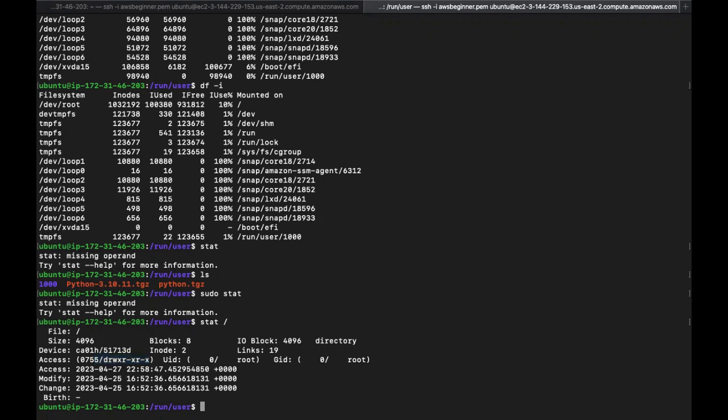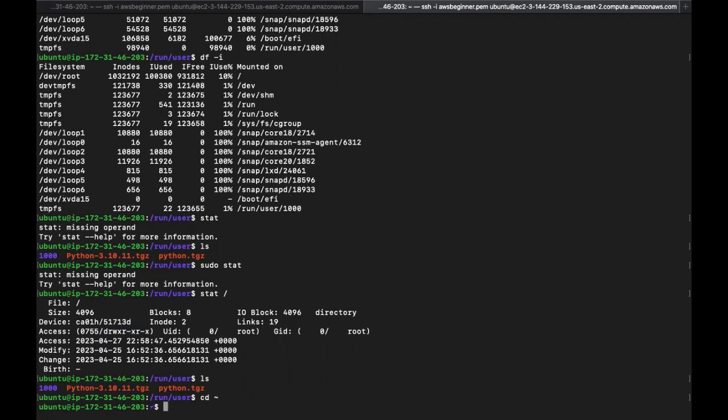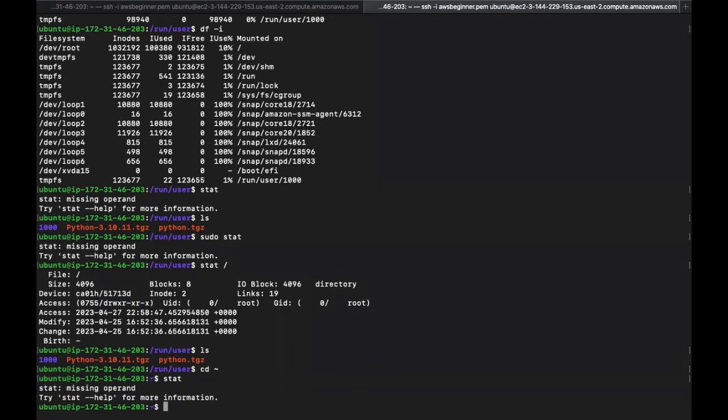So lastly, the last command we're going to look at is the ln command. And the ln command is what we use to link one file to another. So let's look at, let me go back. Okay, so let me do,